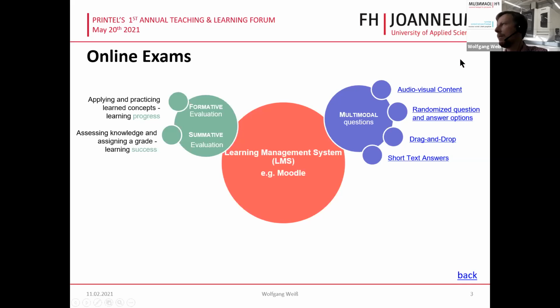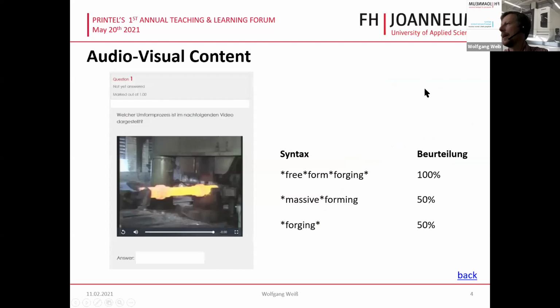For example, multimodal means that we can use audiovisual content for questions inside an online exam. So what does audiovisual content mean? You can present a video. Sorry for this video being so fast, but PowerPoint just changed the video structure. I don't know why. But anyhow, you see a video performing a forging process, and the question here is which forming process is shown in this video, and you can get the feedback from the students in terms of an answer text, and this answer text can be evaluated automatically in Moodle